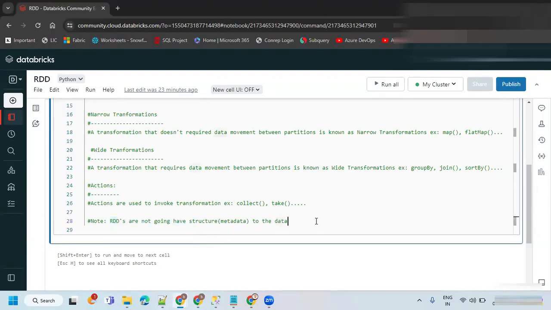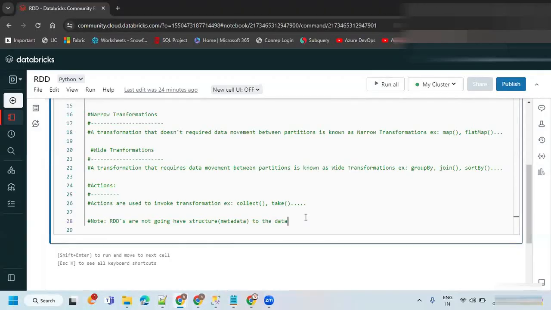Structure means simple column names. When you have a SQL server and write select star from table name, you're going to get column names along with the data, right? Here we are not going to have column names.